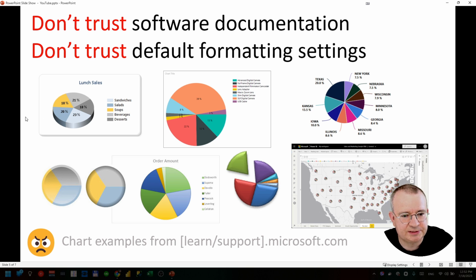These examples probably were created by software developers, not by data visualization experts who understand how to make better data visualization, who understand the shortcomings of the software they are using to create the data visualization, what workarounds are required to create better data visualization.